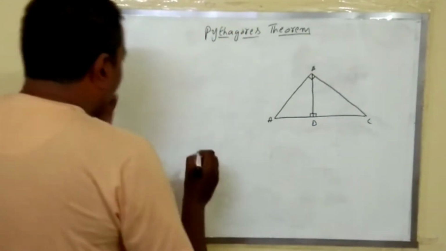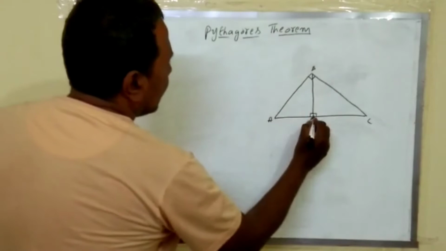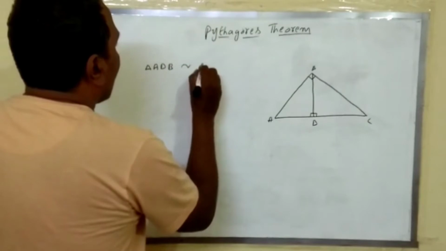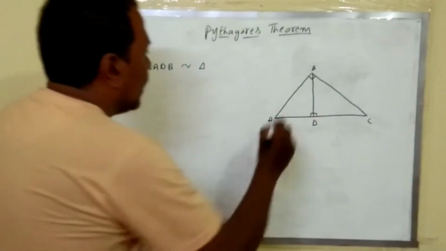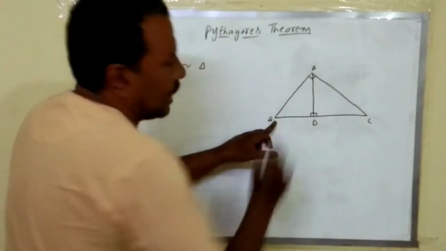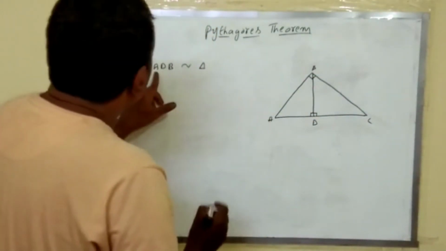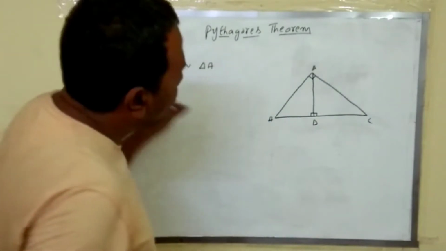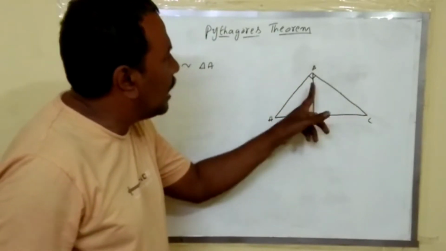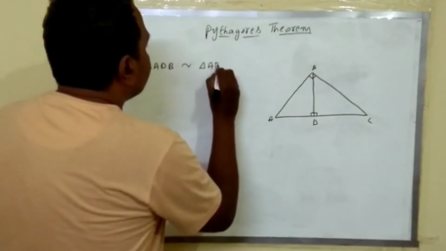That means here it maintains an angle of 90 degrees. Okay. Now take this triangle ADB. Triangle ADB is similar to which triangle? ABC. How to write it? Angle A is common for both the triangles. For this triangle and for this triangle, angle A is the common angle. So in place of A, I have to keep A. What about angle D? Angle D is 90 degrees, and for this bigger triangle, angle B is 90 degrees. So in place of D, I have to keep B.